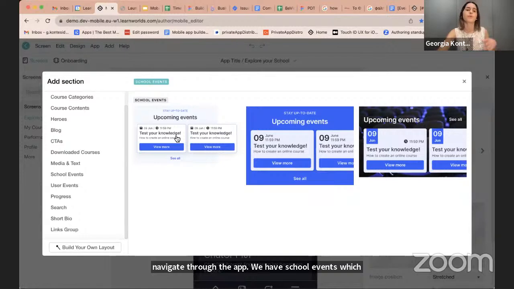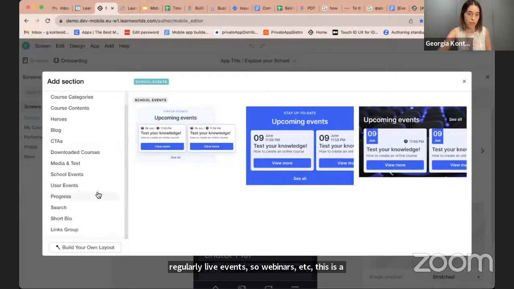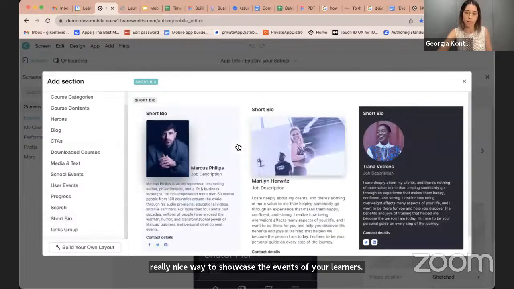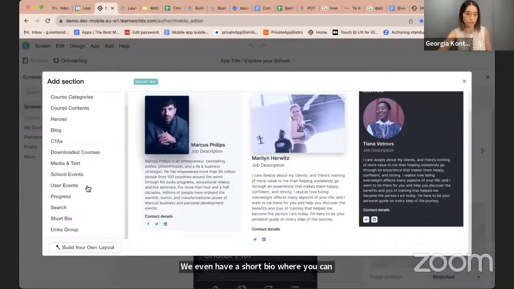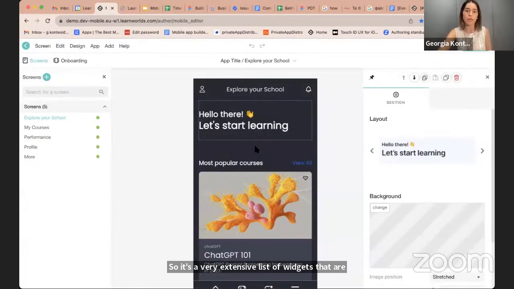So if you're running a school that has events regularly, live events, webinars, etc., this is a really nice way to showcase the events to your learners. We even have a short bio where you can introduce yourself, and a search bar that you can add anywhere in your app and let your users search through your catalog. So it's a very extensive list of widgets that are curated perfectly for mobile screens.